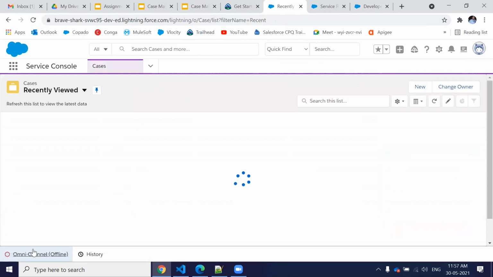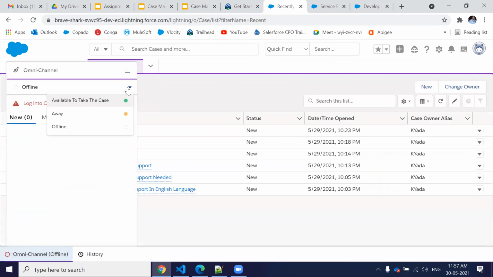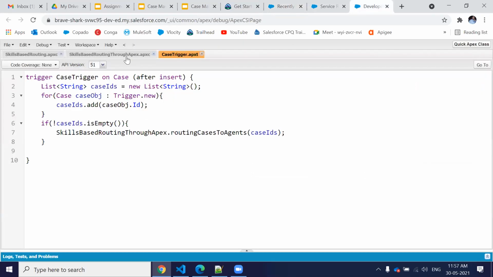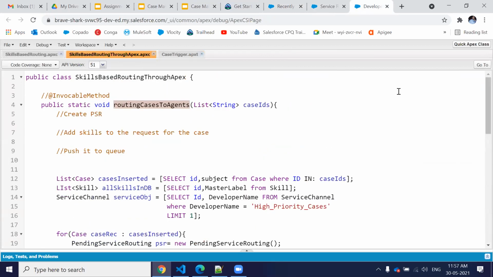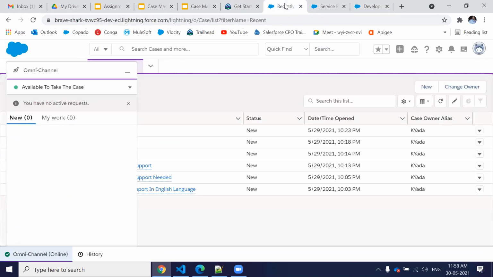Go here. If you remember, I also added the Away status. Let's make that user available. I hope my code will work and route the cases using the Apex. Not sure. Let's just try.